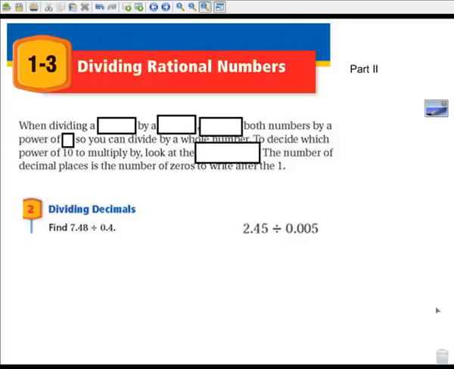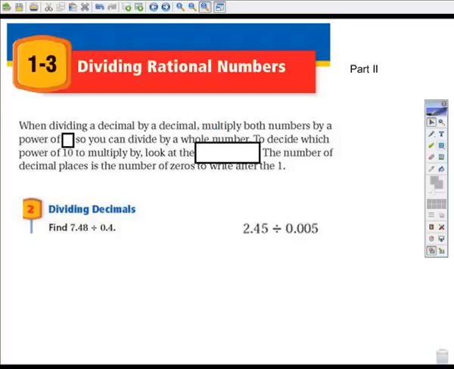This is lesson 1-3, dividing rational numbers. Yesterday we used the fractions, which are also rational numbers, to divide, and today we're going to go ahead and divide decimals. So in dividing a decimal by a decimal,